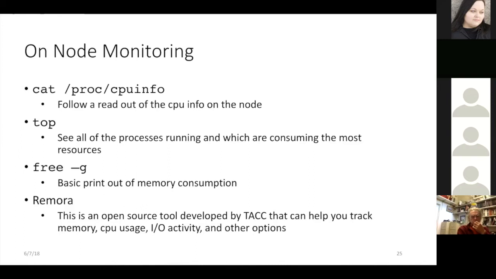Top will also tell you which of your processes are consuming the most resources. So if you're running an MPI job, different tasks and different processes will be running on different cores, and top will allow you to see what's consuming the most as your job runs. You can also use free to see how much memory is being used.